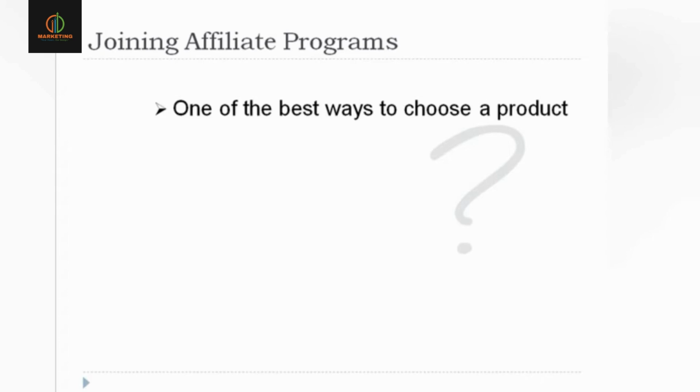Of course, you can't just base your decision to promote an affiliate program on whether or not you like the product, but it is a good place to start. Now let's go over some other things that you should consider. You will want to look for a high quality program, and you can find these by taking a look at what experts in that particular industry are promoting.